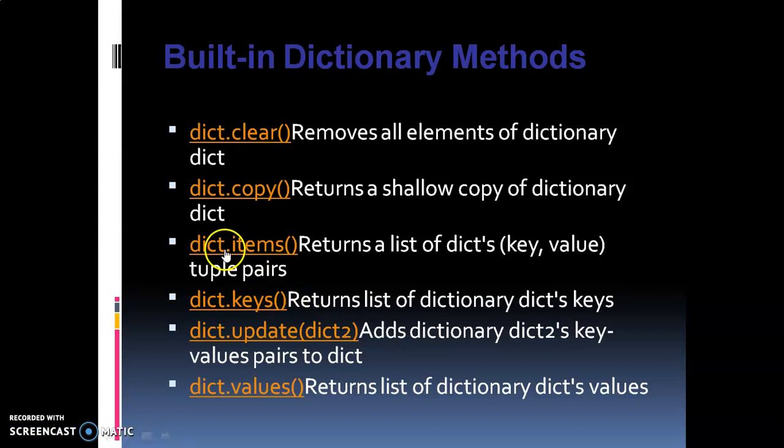Now dictionary dot items. Friends, we have studied methods to access the elements. Now if I want only the items, what can I do? I can access them with the help of dict dot items.